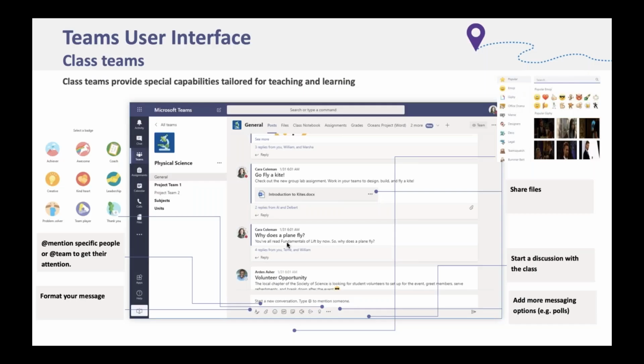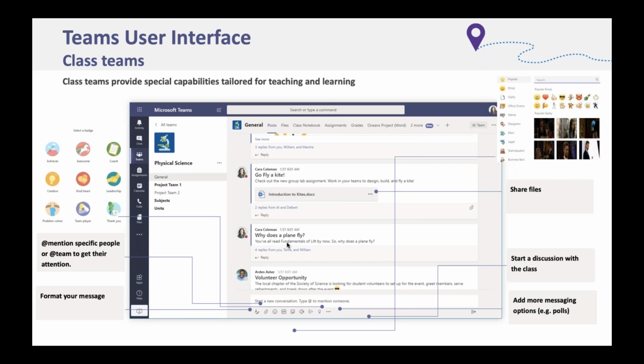For those of you who have had little or no experience of Teams, this is what the user interface looks like. Stuart showed us a little bit of that before. And this is what a team would look like, which you've either created or one which has been created and you have joined. Here we can see that there's a demo teacher account and she is in her physical science team or her class, essentially. The general channel is always generated as a default automatically, and you as the organizer or the creator of the team and any of the other nominated owners are then able to add other channels and other content into it.